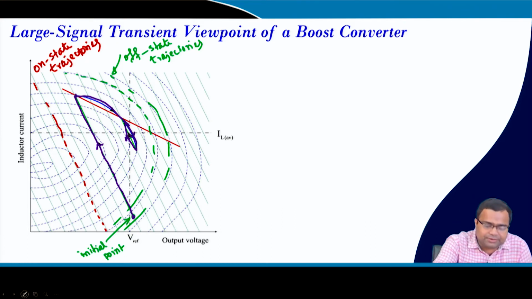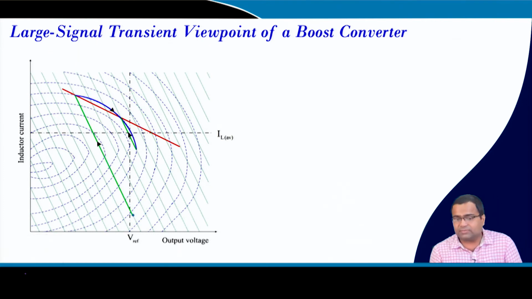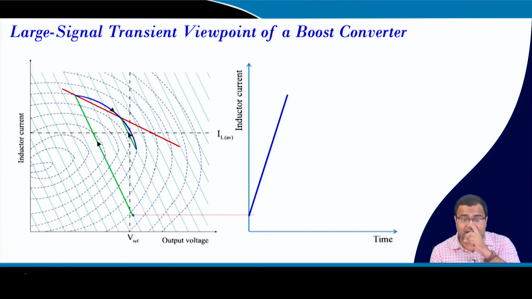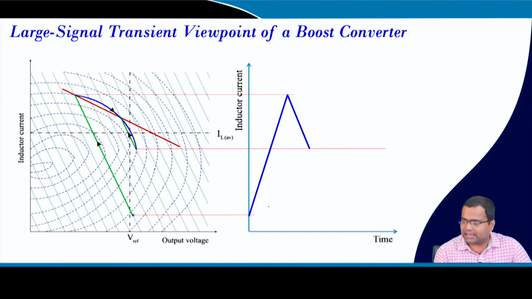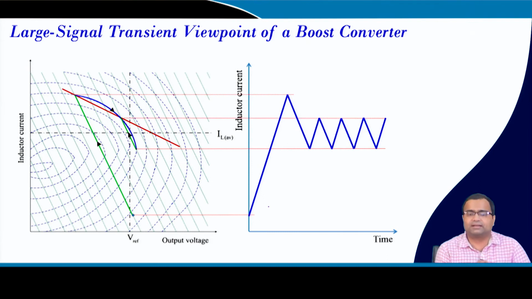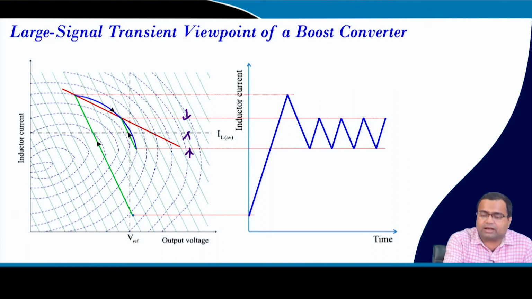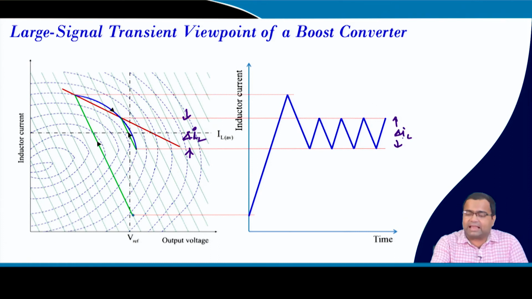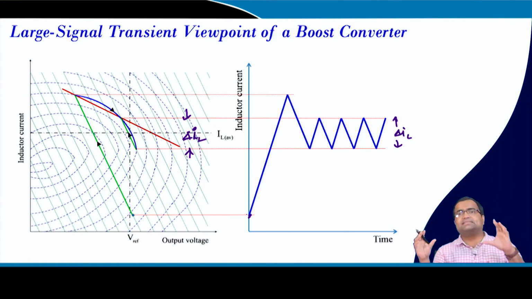Okay. So, if we remove all, then this can be related to the time domain: the starting point, the inductor current goes like this, and then it comes back to steady state. So, this particular part is nothing but our current ripple. And you see, any arbitrary point it starts from, it reaches steady state in one switching action. So, this is the fastest transient response and it reaches steady state immediately.